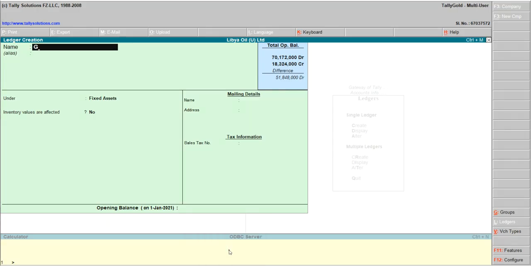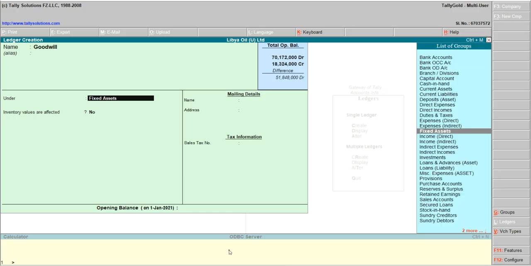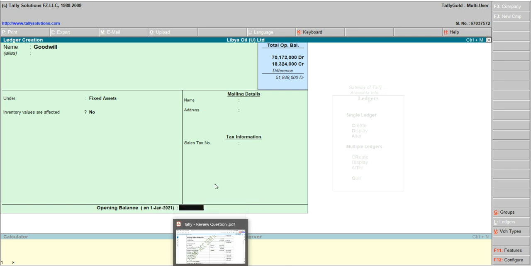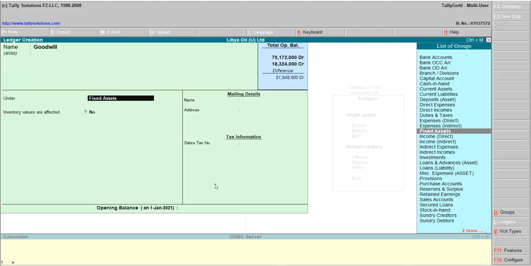Goodwill. Fixed assets. Inventory values are not affected. How much is the opening balance for goodwill? Now, goodwill is not a fixed asset. Goodwill falls under investments, not fixed assets. It falls under investments